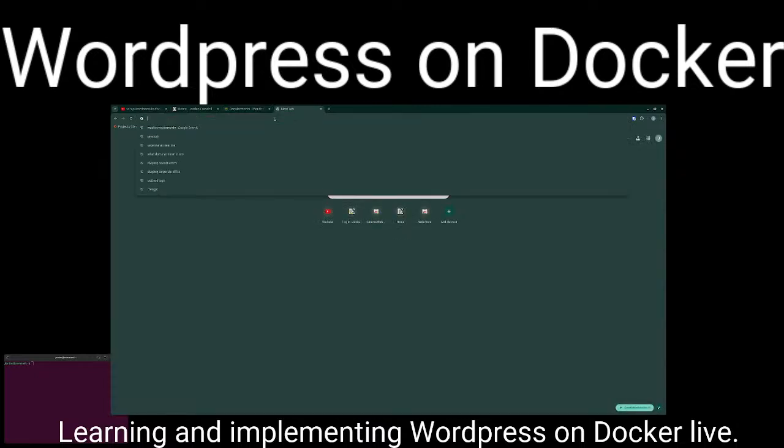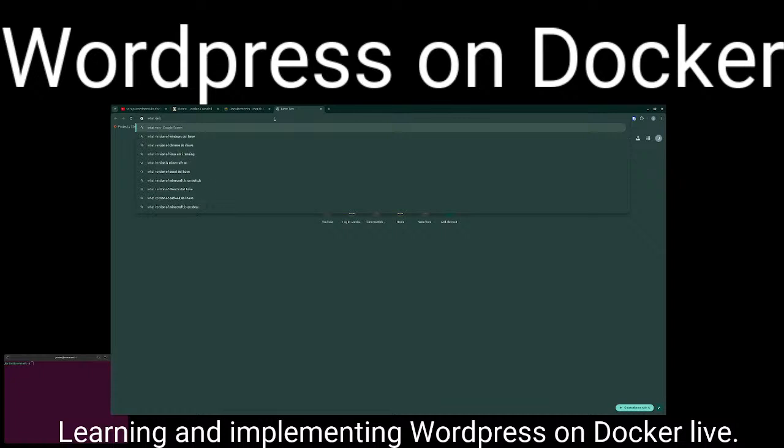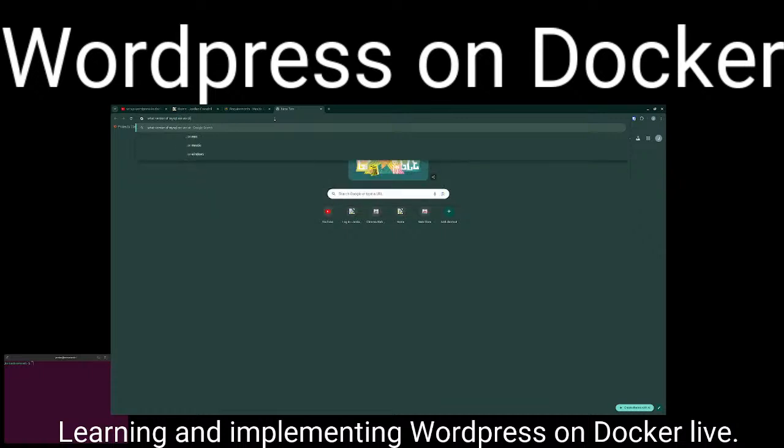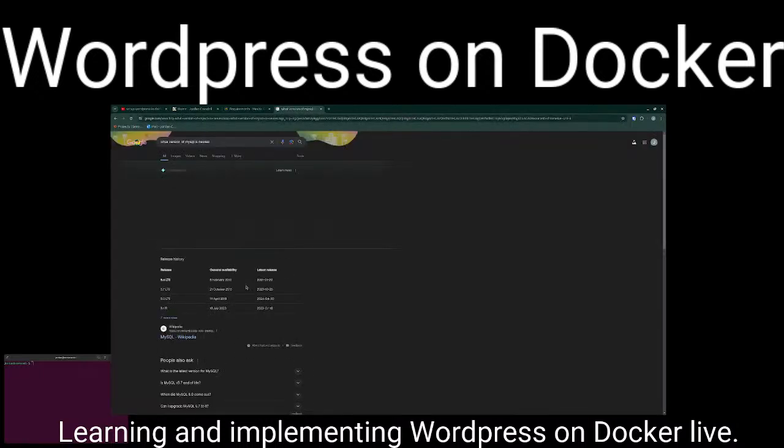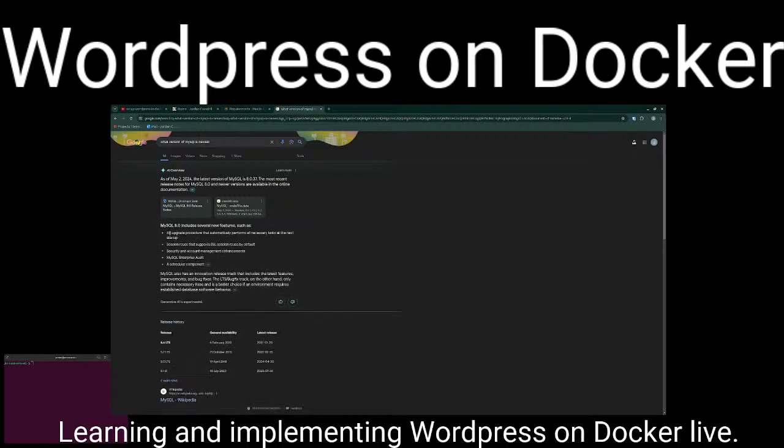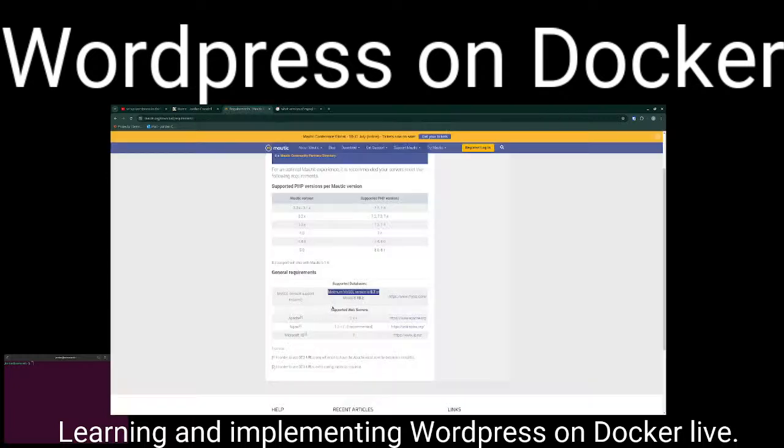Let's see, what version of MySQL are we on? Is newest 8.1? Yeah, 8. So with MySQL, we have to go back to an older version, and so Docker will allow us to